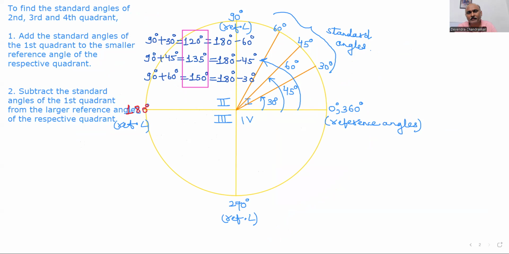So your exercise for this particular slide is find the standard angles of third and fourth quadrant and write your answers in the comment window. Please do it quickly. आप लोगों को स्टैंडर्ड एंगल्स निकालना है थर्ड और फोर्थ क्वाड्रेंट का एंड यू हैव टू राइट इट इन द चैट विंडो. ओके,